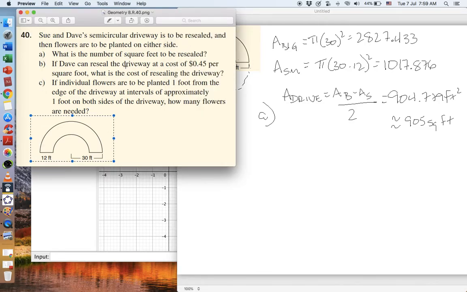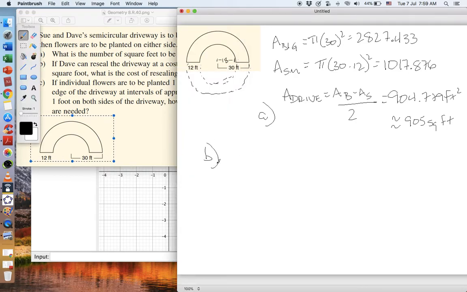What's the number of square feet to be resealed? Part B, if Dave can reseal the driveway at a cost, again this is just simple algebra for cost, which Geogebra will not help us with. Cost is 45 cents per square foot, 0.45 times 904.779 is equal to $407.15. If you estimated 45 cents rounded to 905 square feet, that's going to give you, I believe,